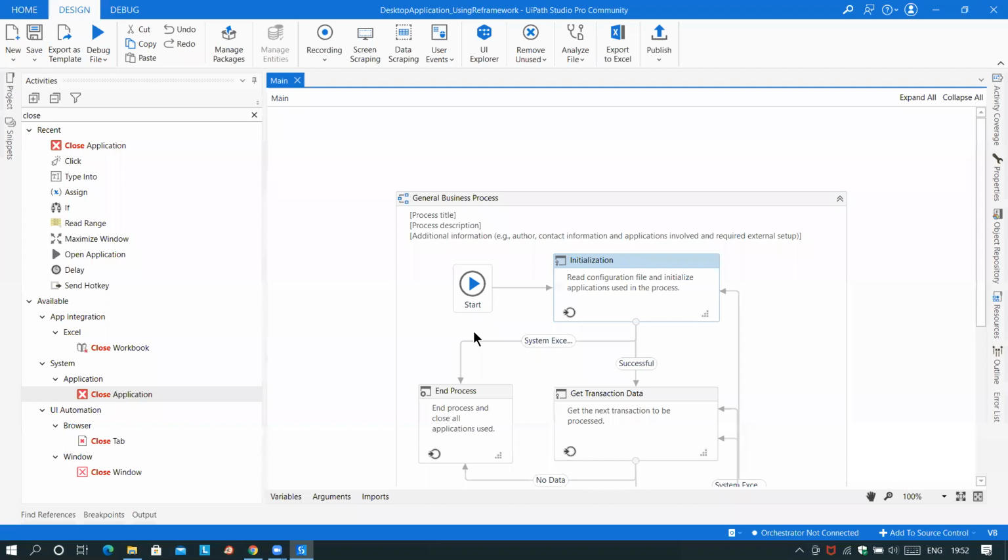Do you have any queries? Sir, if we require any workflow, can we create